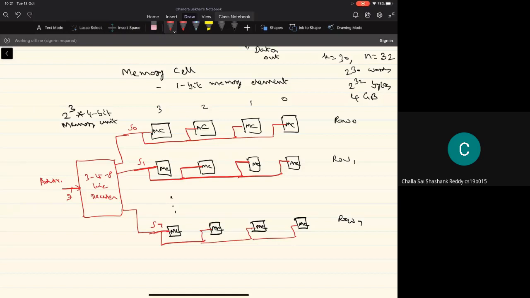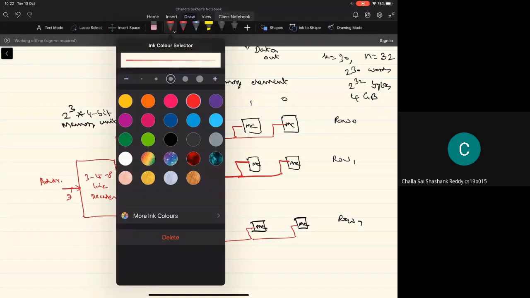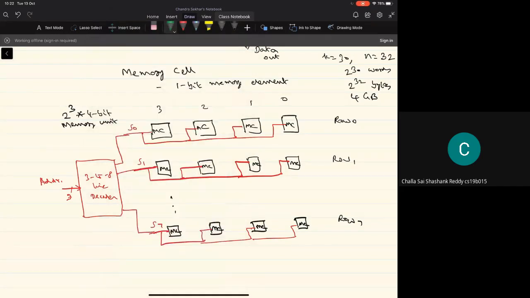Now, how does this memory cell function? Only when the select line is active can it perform the read or write operation. Whenever a read has to be carried out, we have to access the contents of this memory cell. So basically, the outputs of these memory cells will be joined together.